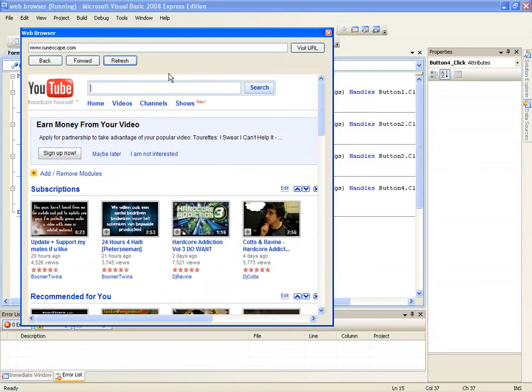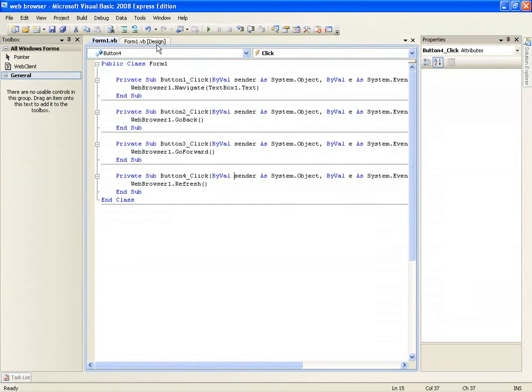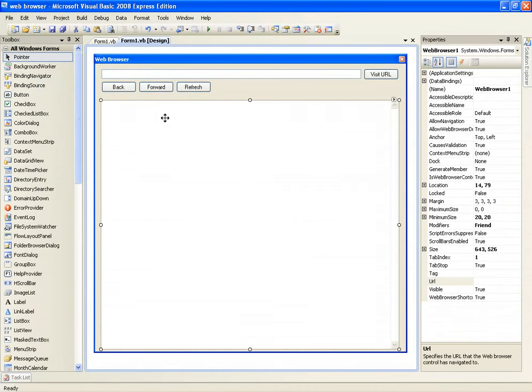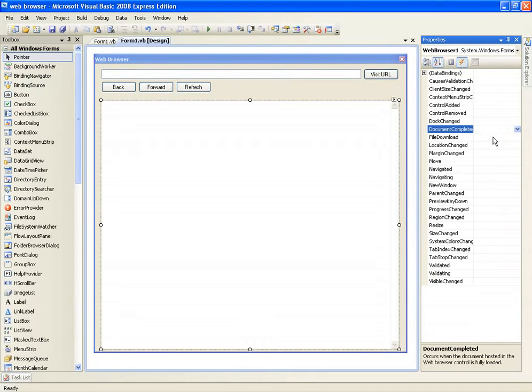And there we go. Now you may have noticed a little problem up here in textbox1. It's still saying www.runescape.com. Now we can fix this easily. Just close this, and you're going to click on webbrowser1 first, and then in this little lightning type icon thing, you know what you want to call it, but the text is events. Click on that, and if we scroll down to Navigated here, inside this white blank text box here, double click,